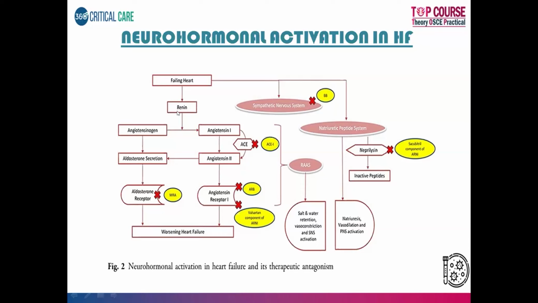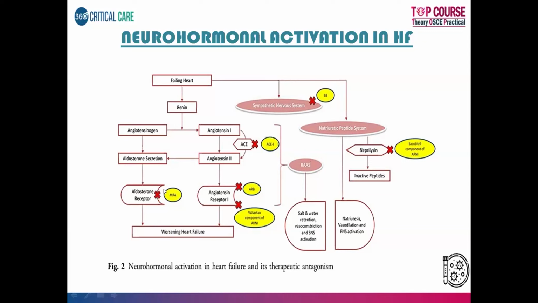Okay. So what happens in the failing heart? In the failing heart, the RAS system gets activated. So the renin is released, which converts the angiotensinogen to angiotensin 1. And this angiotensin 1 will be converted to angiotensin 2. And this angiotensin 2 has some receptors which act on it, and then it leads to worsening of the heart failure. Okay, so the RAS system basically consists of the angiotensin receptors, the aldosterone, and basically these both,